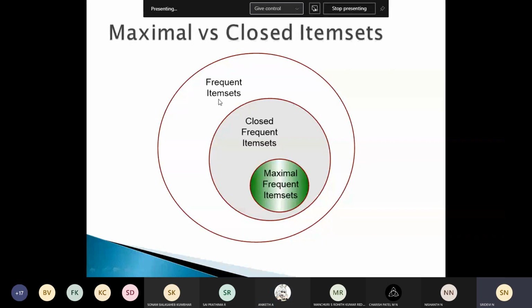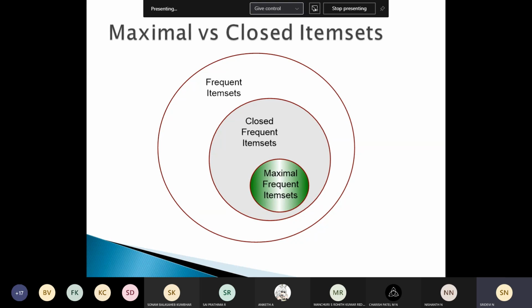Okay. So under frequent item sets, we have two types, that is closed frequent item sets and maximal frequent item sets. The number of frequent item sets which will be produced from any transaction data will sometimes be very large, and it's usually large, isn't it? Because data mining will not be used for small data sets. It is usually used for larger data sets.